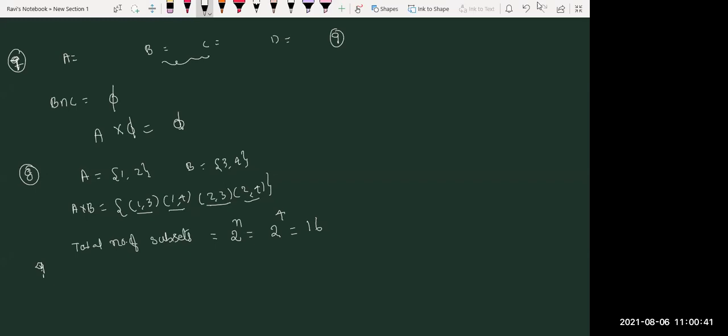A and B are two sets. N of A is given as 3, and N of B is 2. Now the question is given: if x comma 1, y comma 2, z comma 1 are in A cross B,